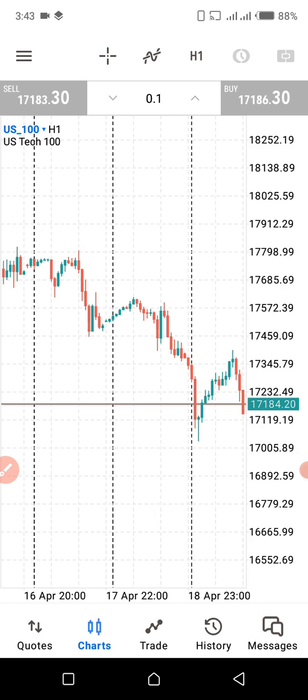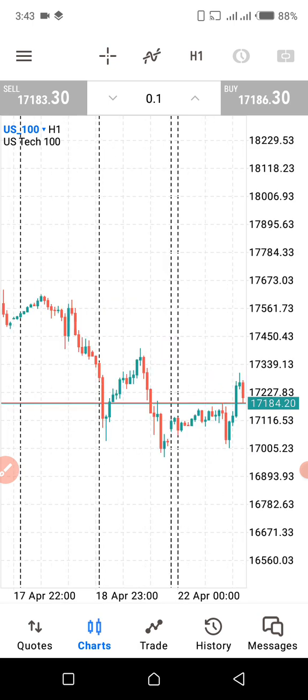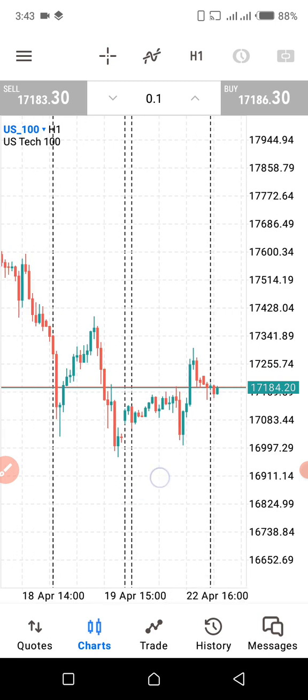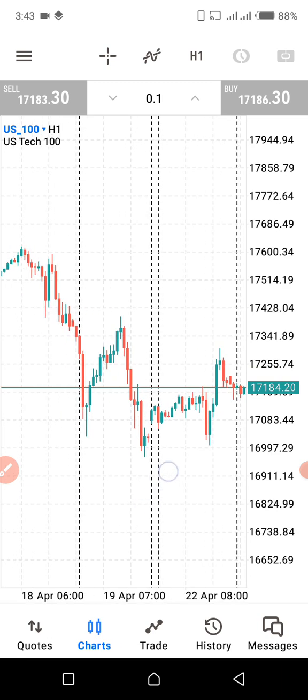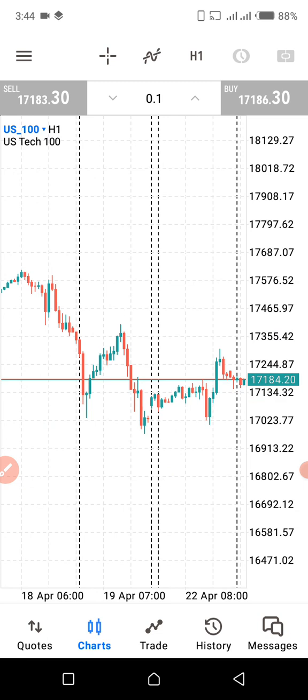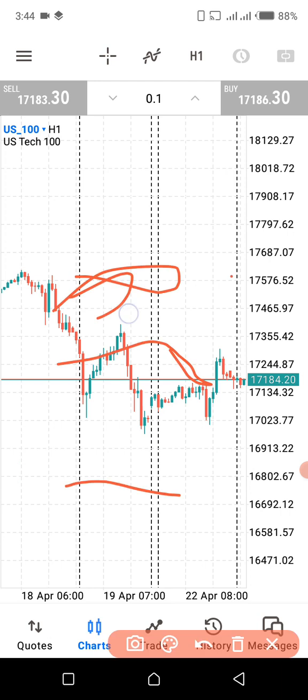You take away a lot of confusion. And you can see the market is maintaining the order flow. It has not yet broken. So if you want to see if the market has broken the order flow, it means that it has to break this high like this. Once it breaks, you know that. But at this moment, on the daily time frame, you know that the market is at,